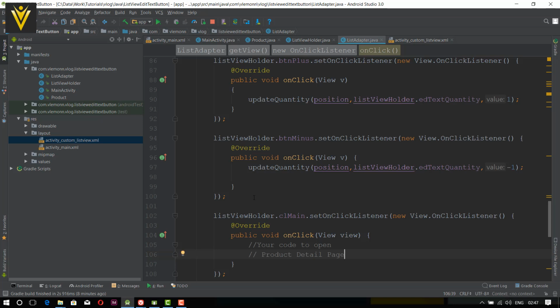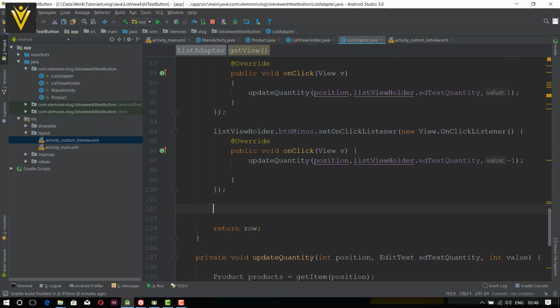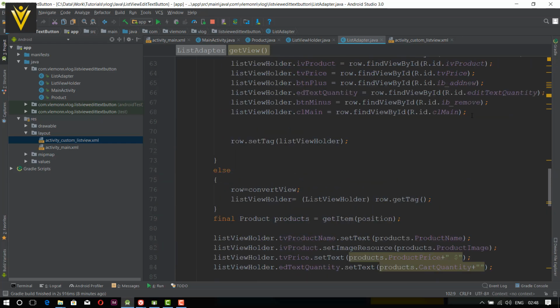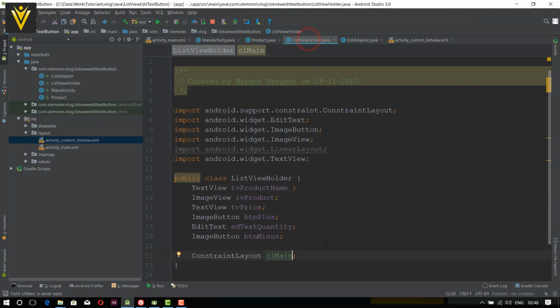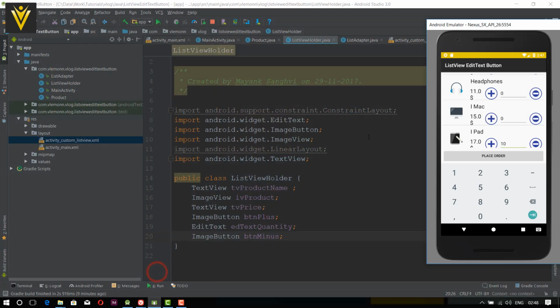If I don't want to launch the product detail page or product detail activity, then I'm not going to inflate, I'm not going to find the constraint layout, I'm not going to define a set on click listener for my constraint layout. So for improving the performance, I'm going to remove this, and I'm also going to remove this, and I'm also going to remove it from here. I placed the linear layout only for explaining purposes. Okay, so this is our final code, and this is our final app,